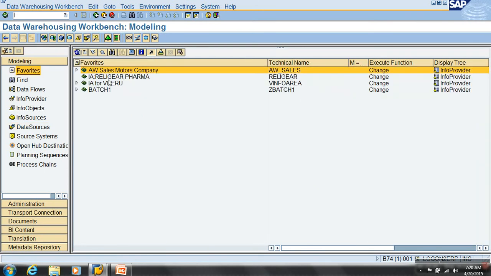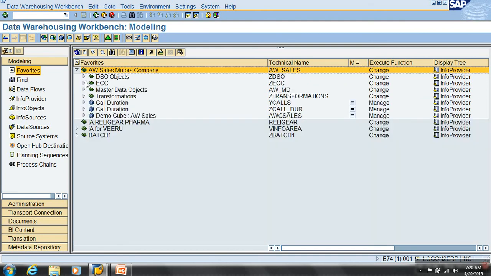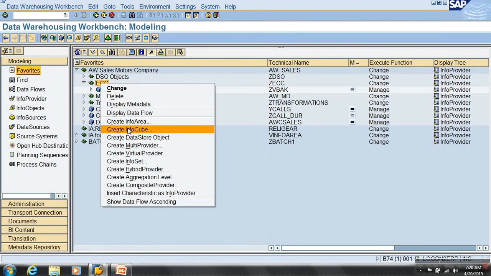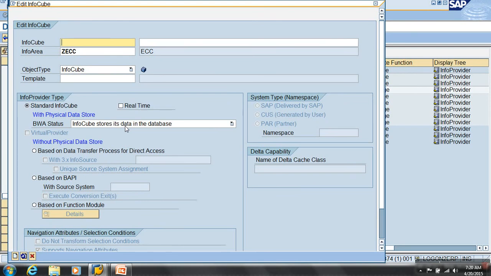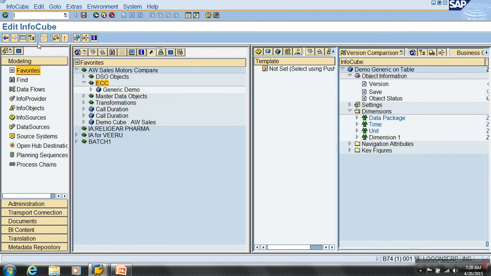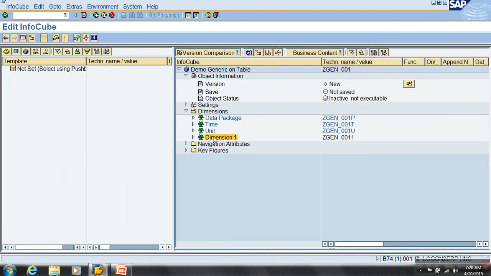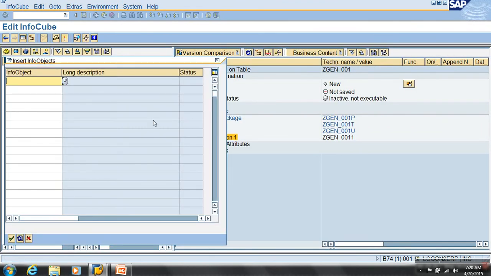Do I need to go with the cube now? I already created those InfoObjects and kept them ready, so I'm just using them.